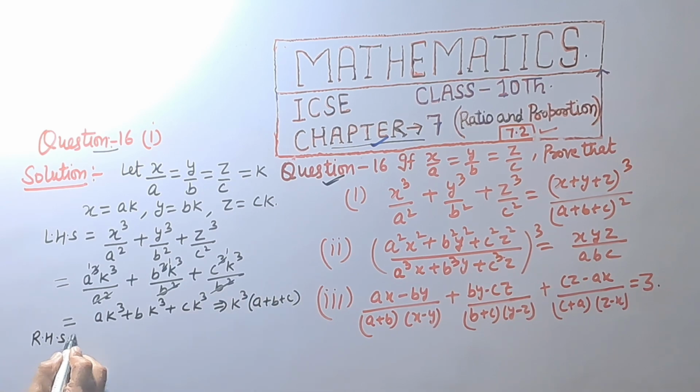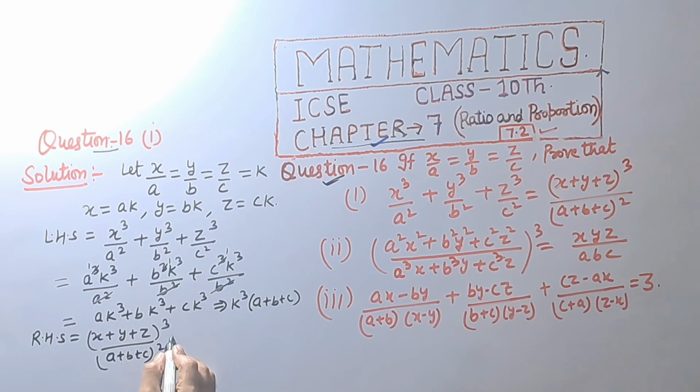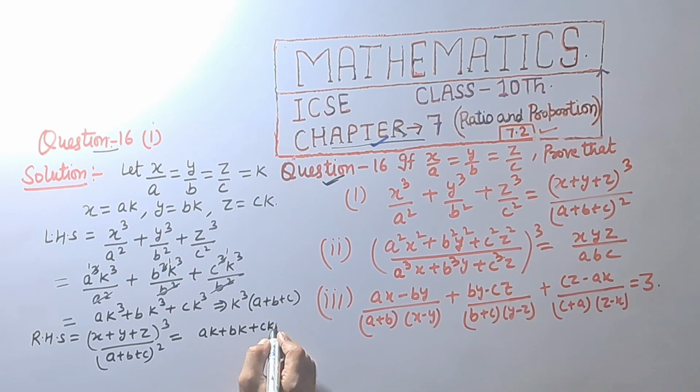and right hand side is equal to (x plus y plus z) raised to power 3 upon (a plus b plus c) raised to power 2, that is equal to, x is equal to ak, (ak plus bk plus ck) raised to power 3 divided by (a plus b plus c) raised to power 2,